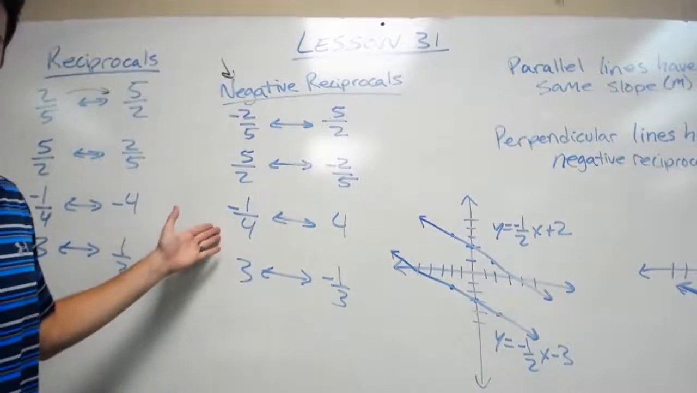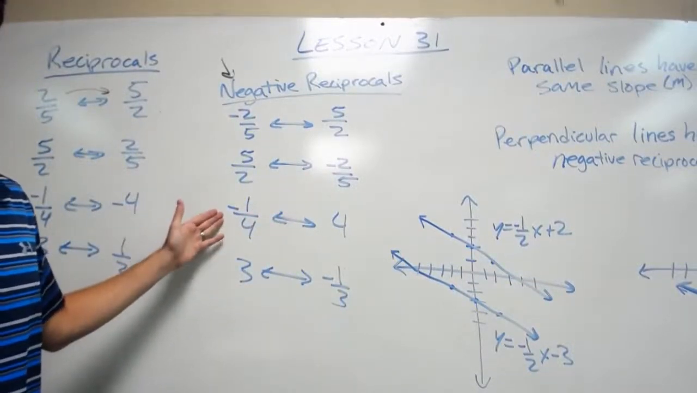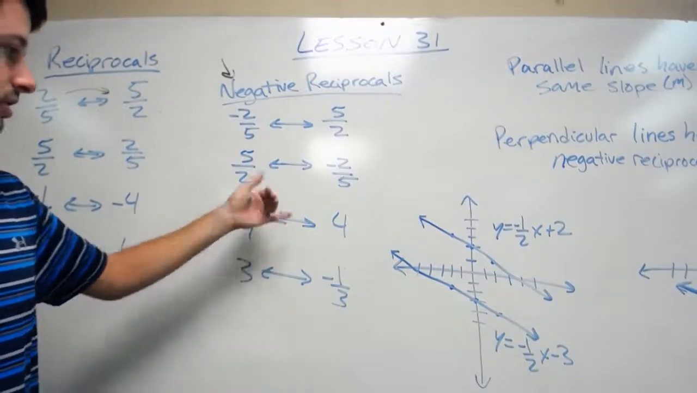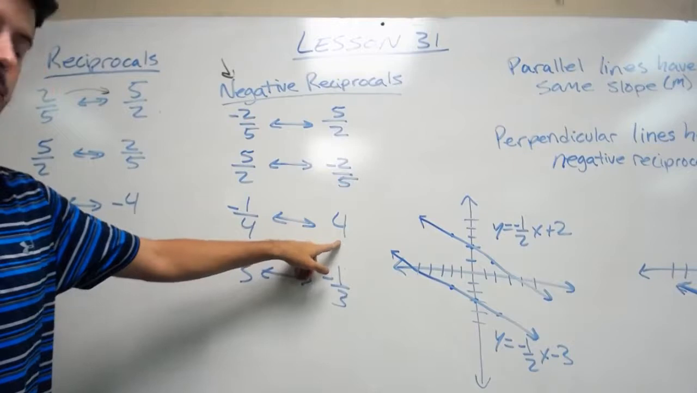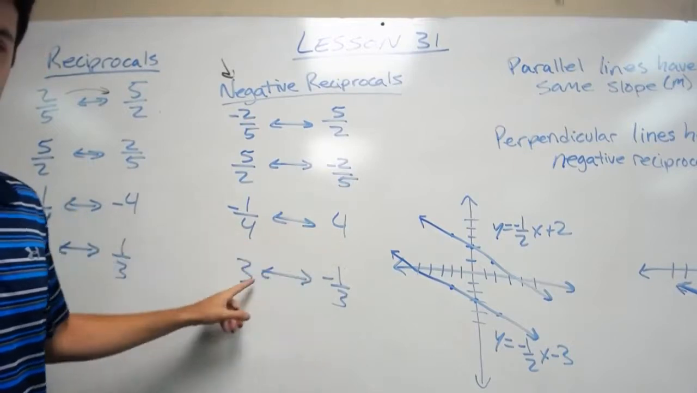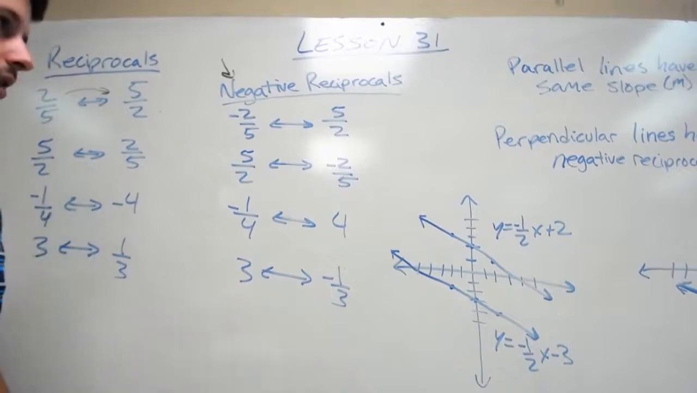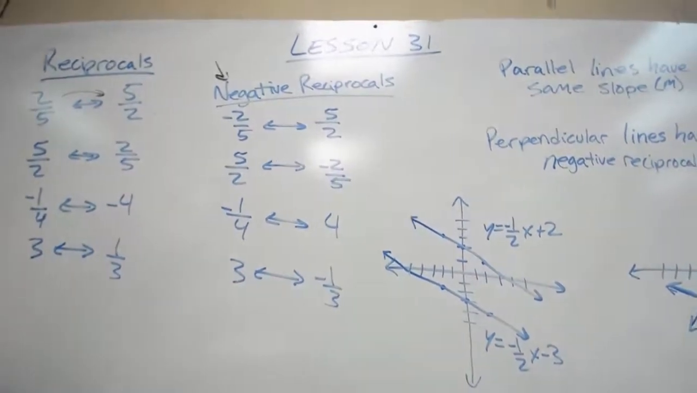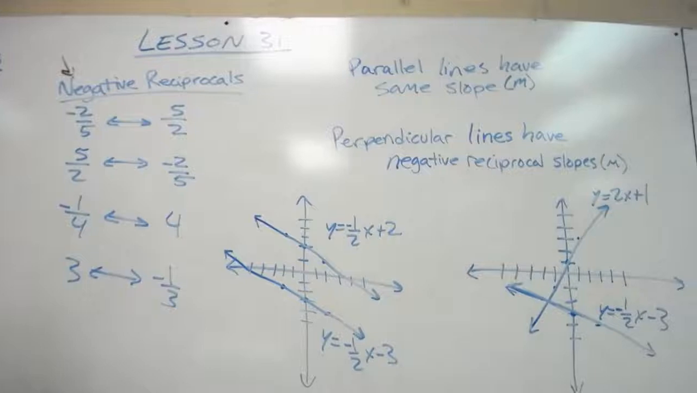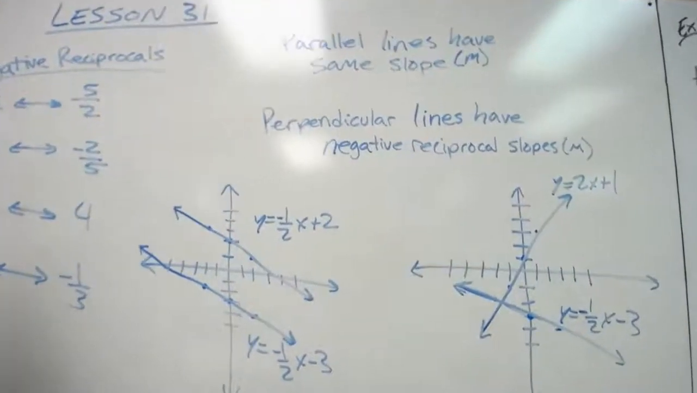And then a couple other ones that may be tricky. The negative reciprocal of negative 1/4, the 4 would go over the 1, and it would become positive. And then for 3, its negative reciprocal is negative 1/3. Now the reason we need negative reciprocals, or the way we're going to use these, is when referring to